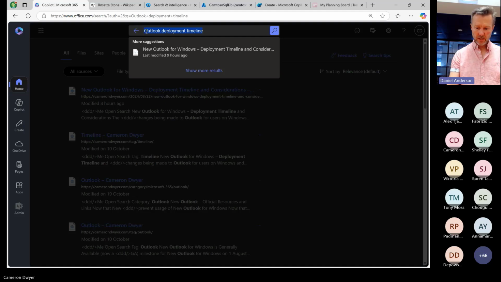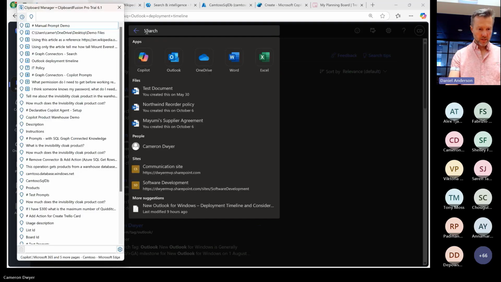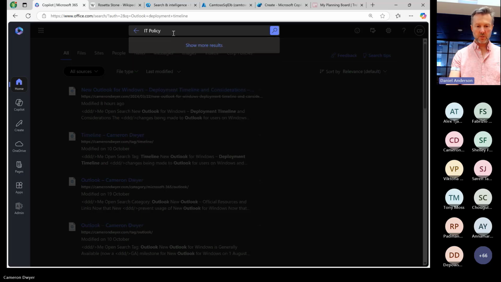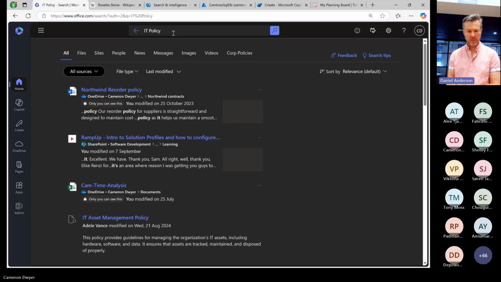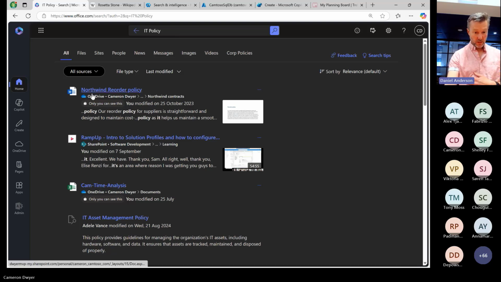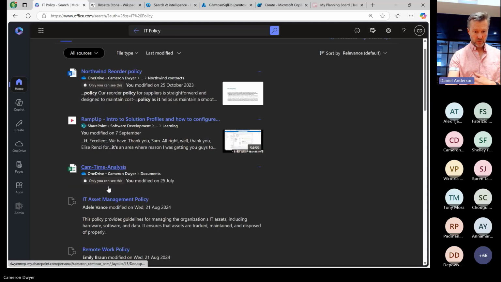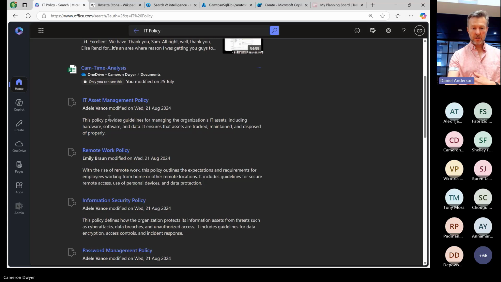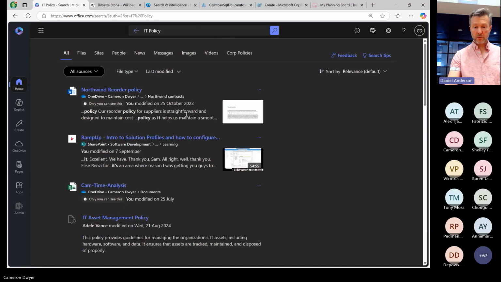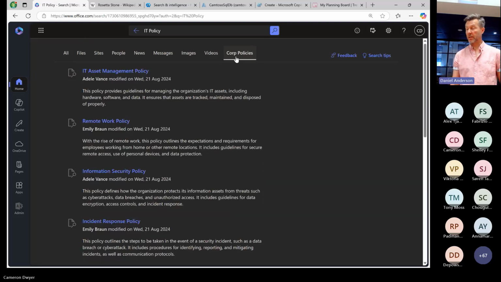Likewise, I said I'd created a pro code connector to hook into a policy management system. So if I was to search for an IT policy, we can see I am getting some results from inside of my Microsoft 365 tenant, but down here with a different logo, I'm getting a whole heap of policies which are coming in from our policy management system. What's also nice about graph connectors is you can actually elevate them to search verticals. So all of these policies down here, it's just a matter of pointing and clicking when you're setting up the connectors, you can actually elevate those. Now I've got external data appearing almost as though it's just natural Microsoft 365 data.